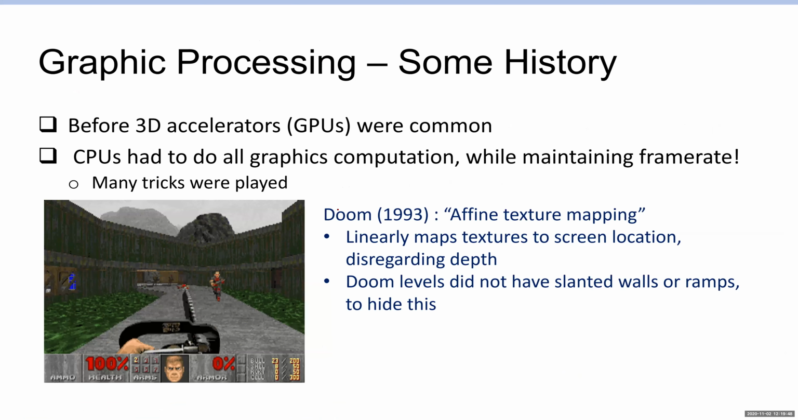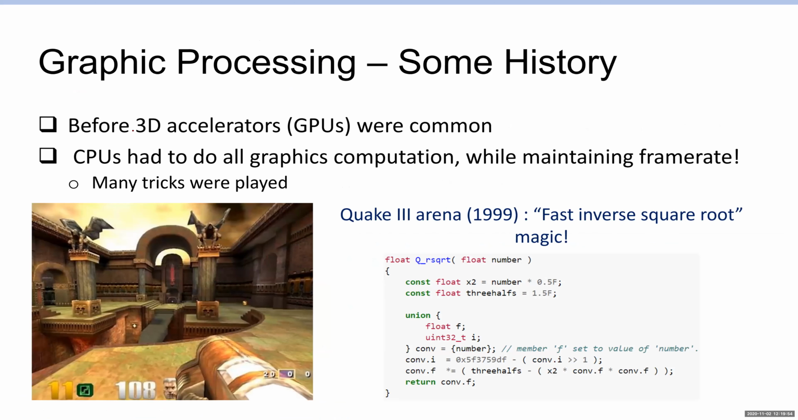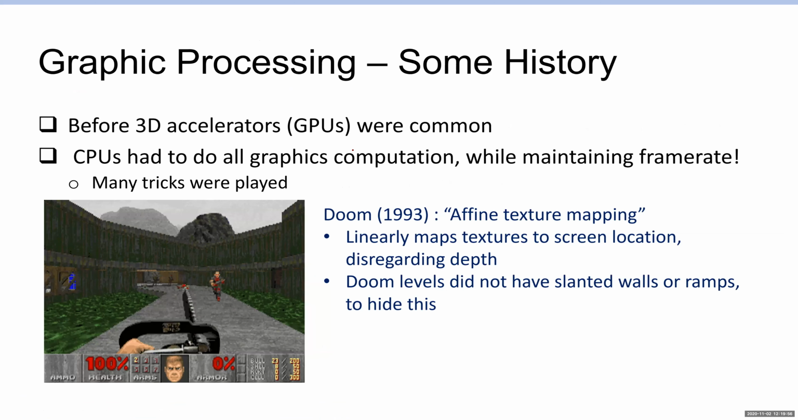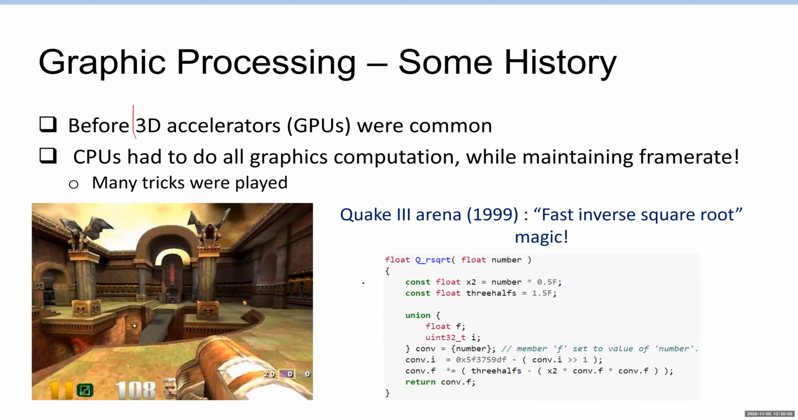In the past, the CPU back in the 90s, before you had 3D accelerators, had to do most of the texture mapping and so forth. So the CPU had to do most of the graphics computation while maintaining a good frame rate. These are some of the old days of programming, when you played Quake 2, Quake 3, and things like that,